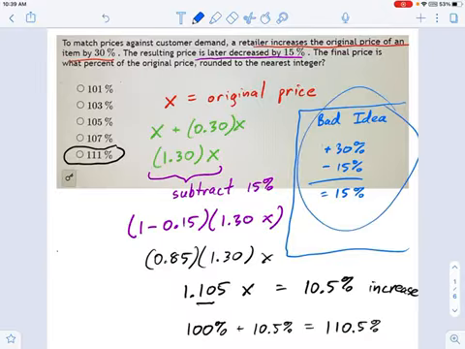And I would say when you're doing these sorts of percentage problems, always just set it up as little equations and play around with them that way. And if you want, substitute dollars. Like use $10 as the original price and work through it with actual numbers if you don't like the x's.